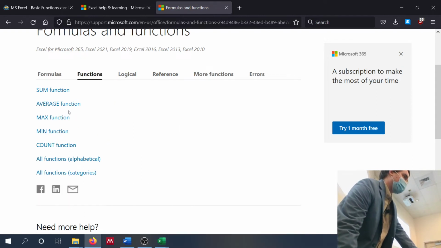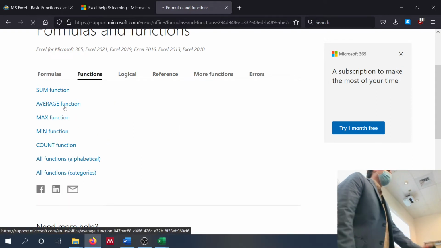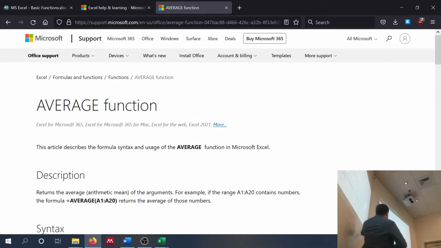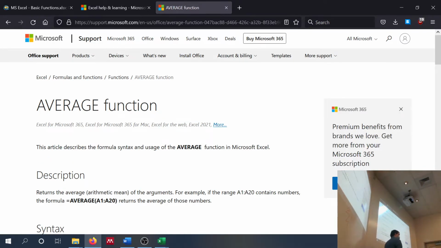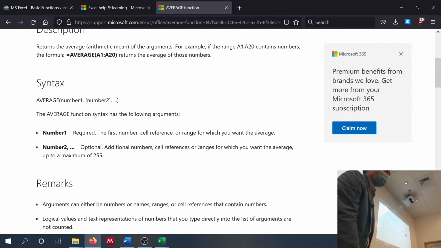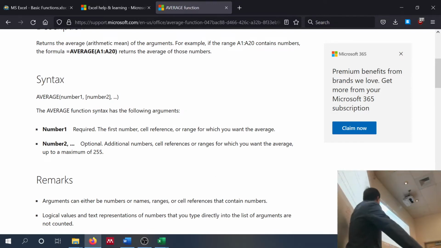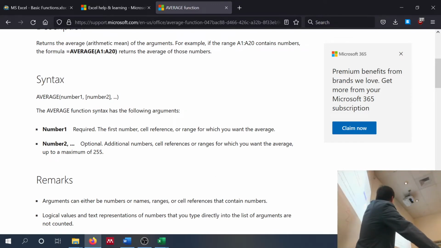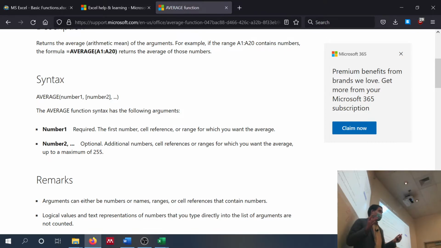So let's say we needed help with the average function. Come to this link right here, click on it, and it's going to tell us the function name, what it's used for, some example uses, and most importantly the syntax. The syntax is saying, what inputs is it expecting? As we scroll down, we see it has a couple different ways we can do it. Like I said, you can type in equals average, open parentheses, and then type in your numbers manually. The other way is to use range or cell references. We're going to see it both ways.